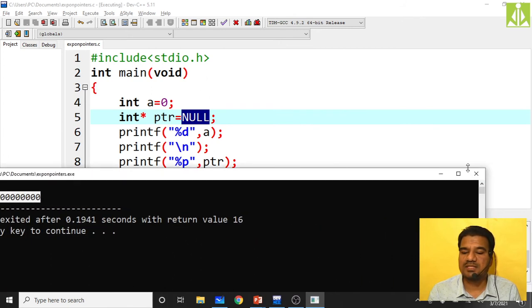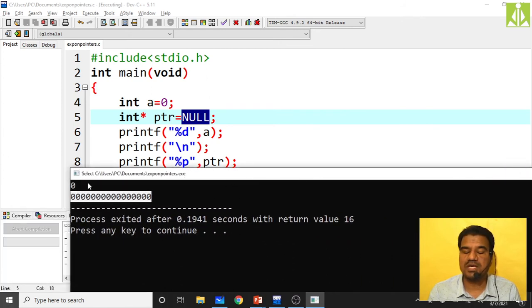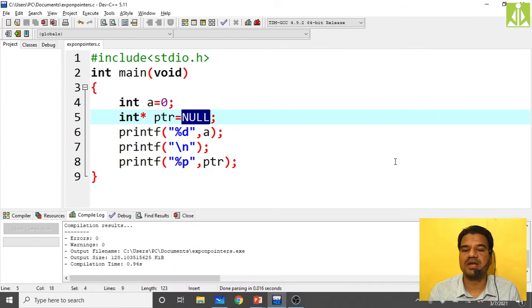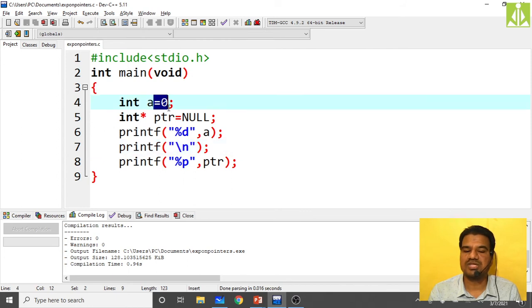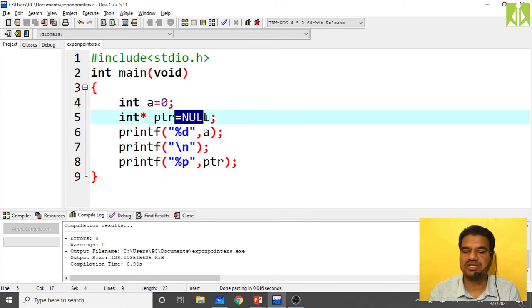If you want to see the actual behavior, how initializing null or initializing 0 will change your program, you have to go for a traditional compiler like Turbo C or something. Because I'm using a modern compiler, even if I'm not initializing this 0 or this null, by default my variables take zeros, and by default my pointers take nulls. Remember this one.